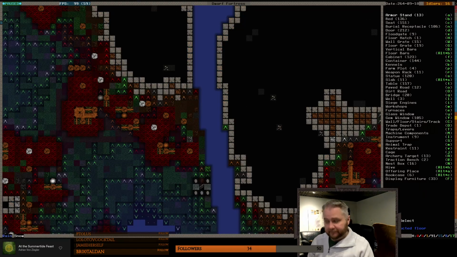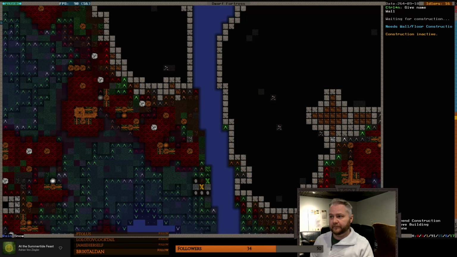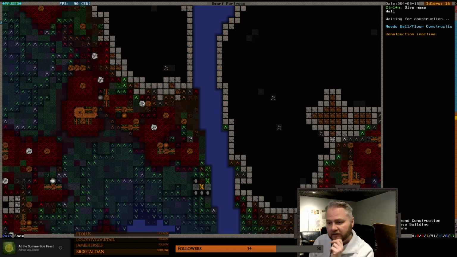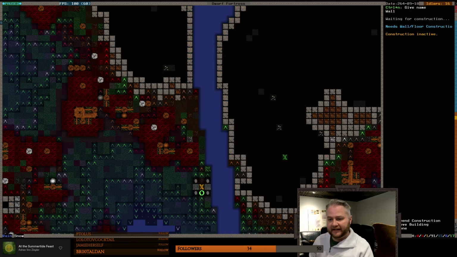Nope, that's not right. Okay, so we need to build our upstairs here where they can actually get at it. God, oh man, it's just been one of those. It's been so long since I've actually looked at this game, I seriously forgot how to play it. So this is... We can get to this level. You know what, actually...